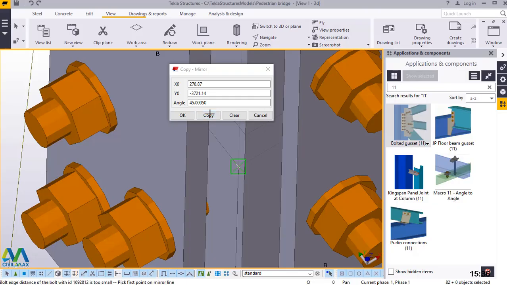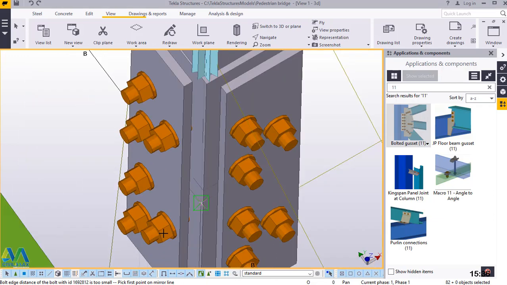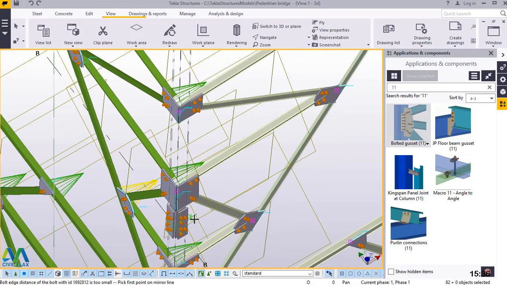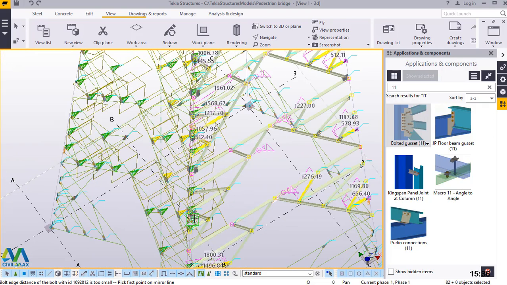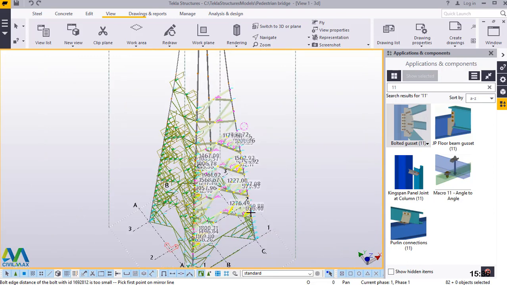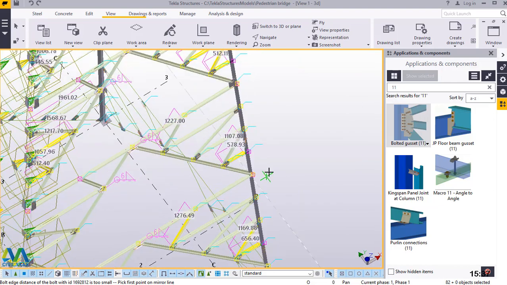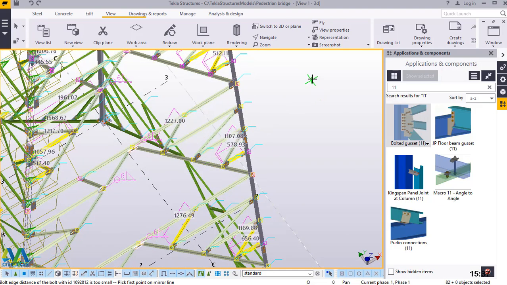There we are. We can now click OK. Then we zoom out just to check whether what we were copying has been copied perfectly. It has been copied, and what we'll do now, we'll go this direction